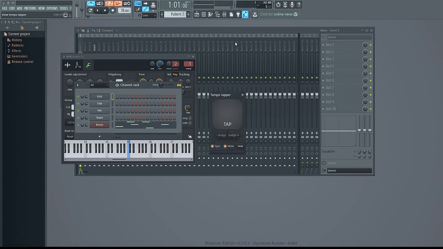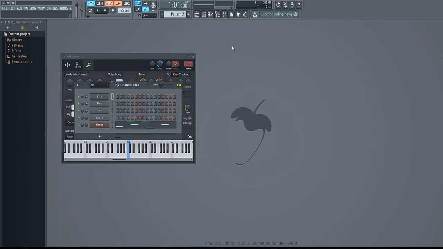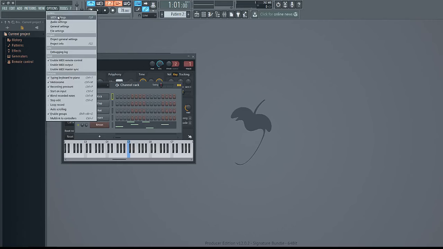And then this is gonna be your tap window. This is where you can tap sounds out. If you're looking for a BPM of a certain project or whatever, you can tap it out. Over here, another important thing is your MIDI